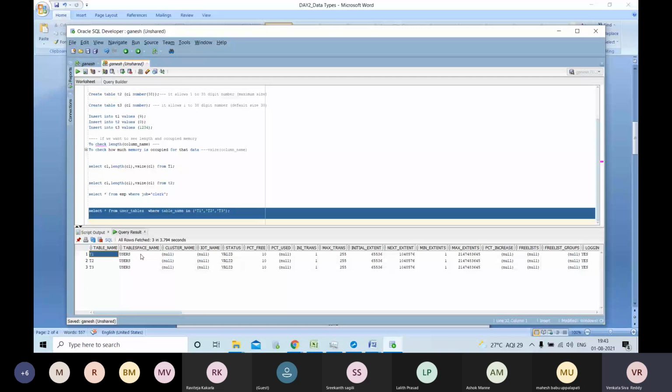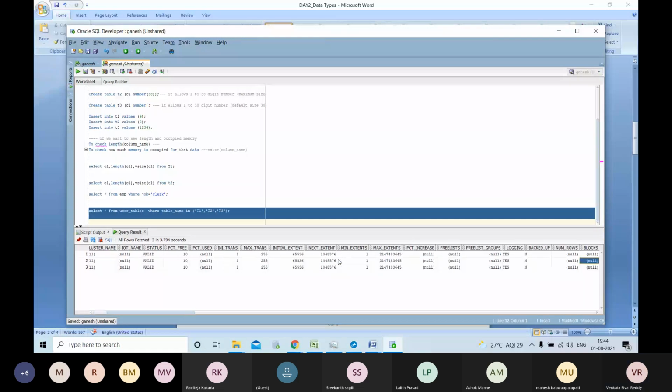So this table is saved in which table space? It will show this. Okay, cluster name. IOT name, if it is an IOT, it will show something here. Okay, status is valid. We will be able to understand in this whether the table is valid or invalid. Okay, so max transactions, initial, these you don't require. Logging.